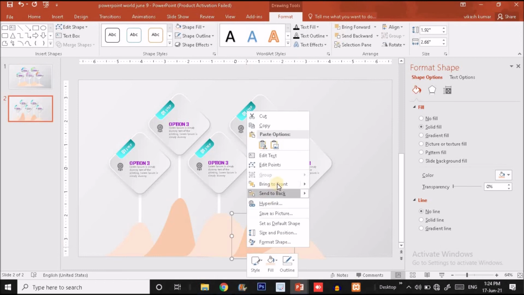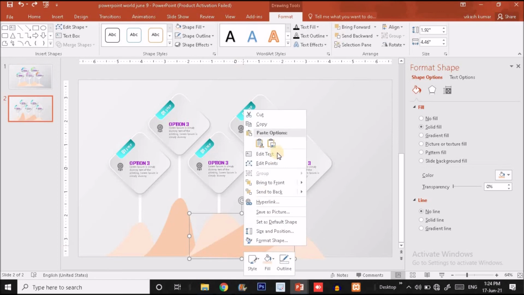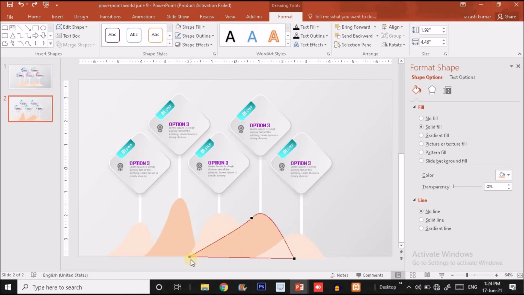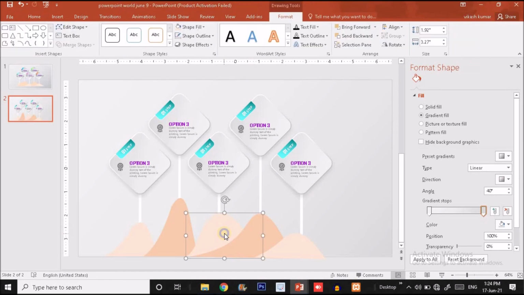Okay, so right click over here, click on edit point option, and click on this black dot and drag this handle something here. Okay, it will give a pleasant effect.